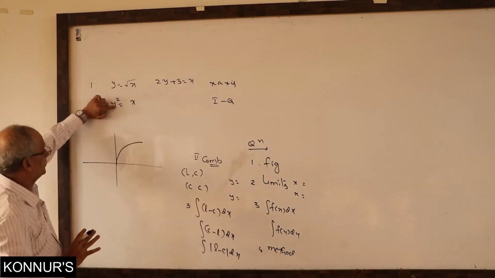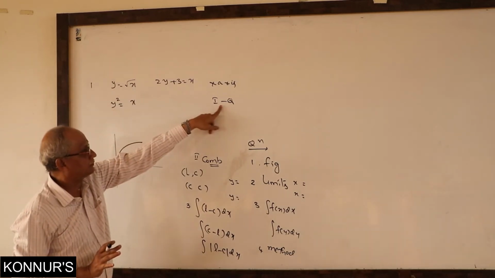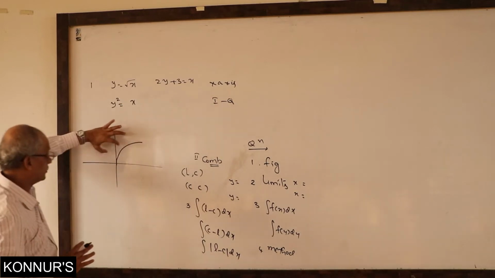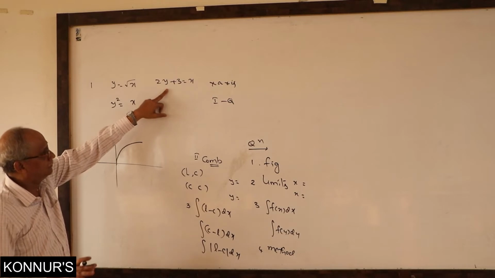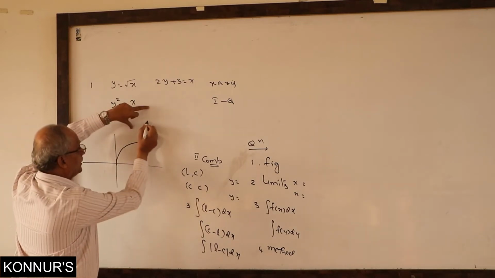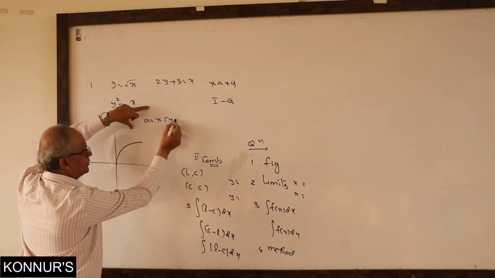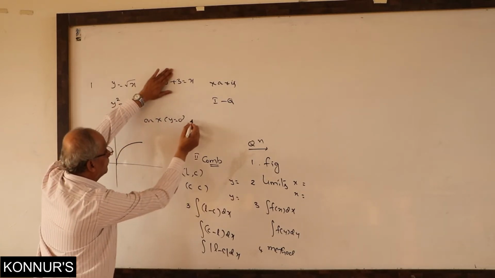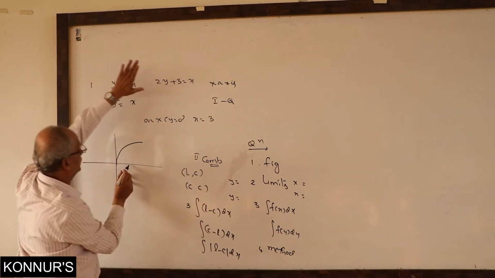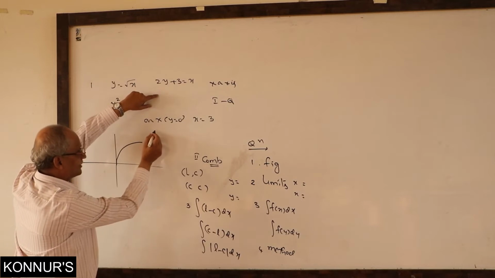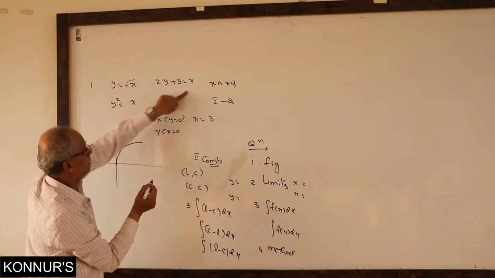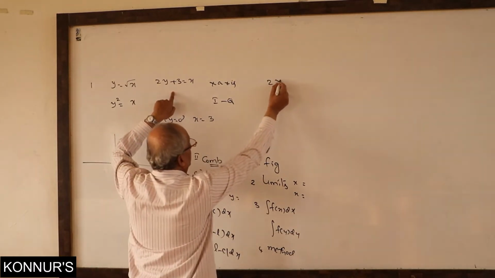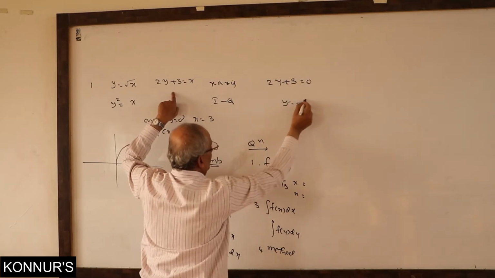That is why, first the standard formula: we want only the first quadrant, and with the x-axis that is understood. We have to draw the straight line. This is in the form of ax plus by plus c. Immediately, how to draw the line? X-axis to y-axis. On the x-axis, the y value must be 0. Then what is the x value? 3. It is cutting at 3. On the y-axis, put x equal to 0. Then what is the y value? Minus 3 by 2.